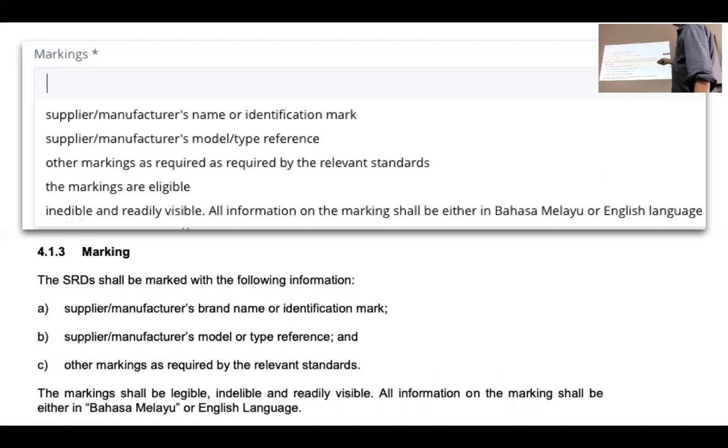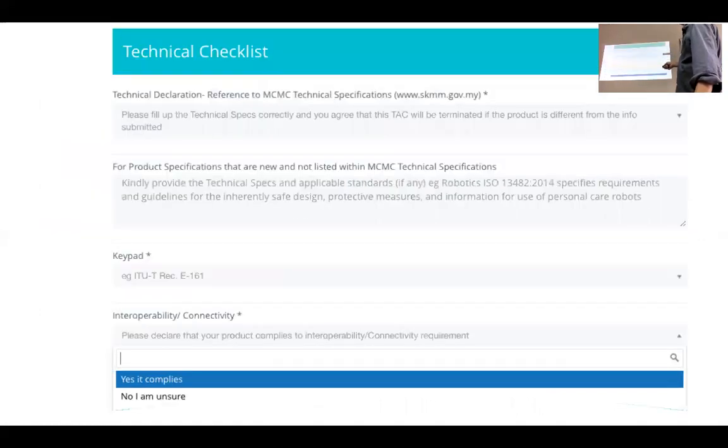Okay, then marking, this I think sudah pandai. Okay, I want to go through with you. Especially I want to go through is more of the technical checklist. So you base this on the requirements, on the scope, the method, test method kan? Okay, or based on the technical code. For this SRD, apa dia punya technical code? What is inside the schedule? What is requirement there? Faham ah? Faham ah?